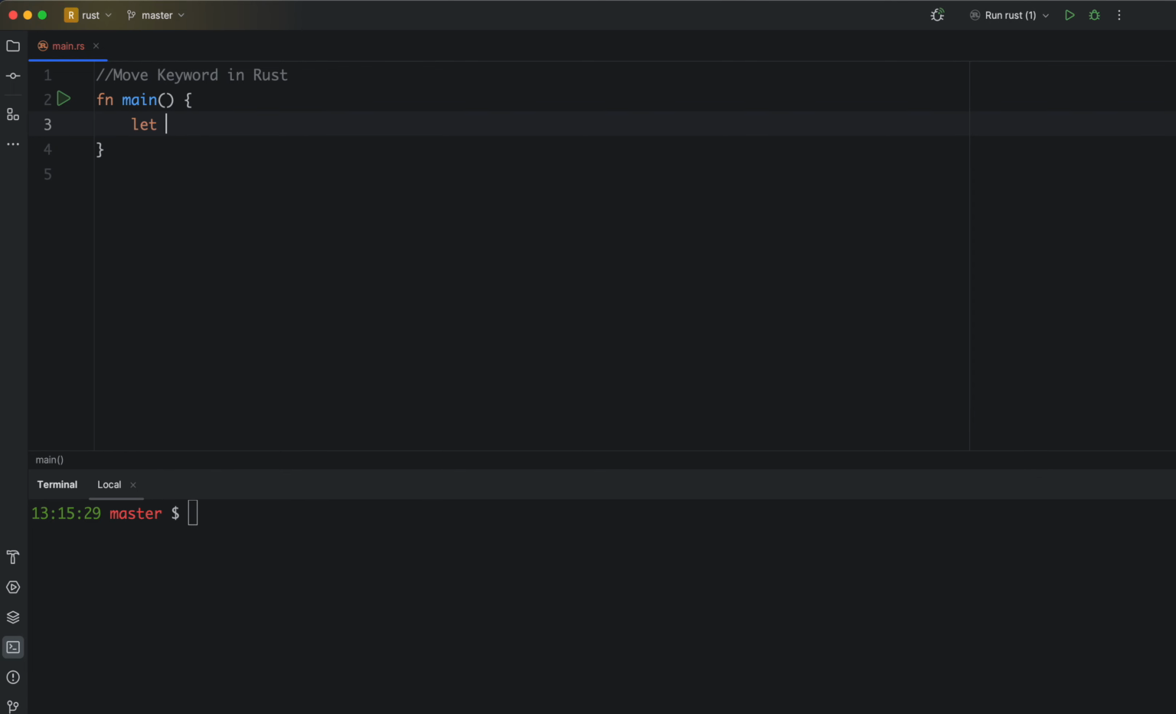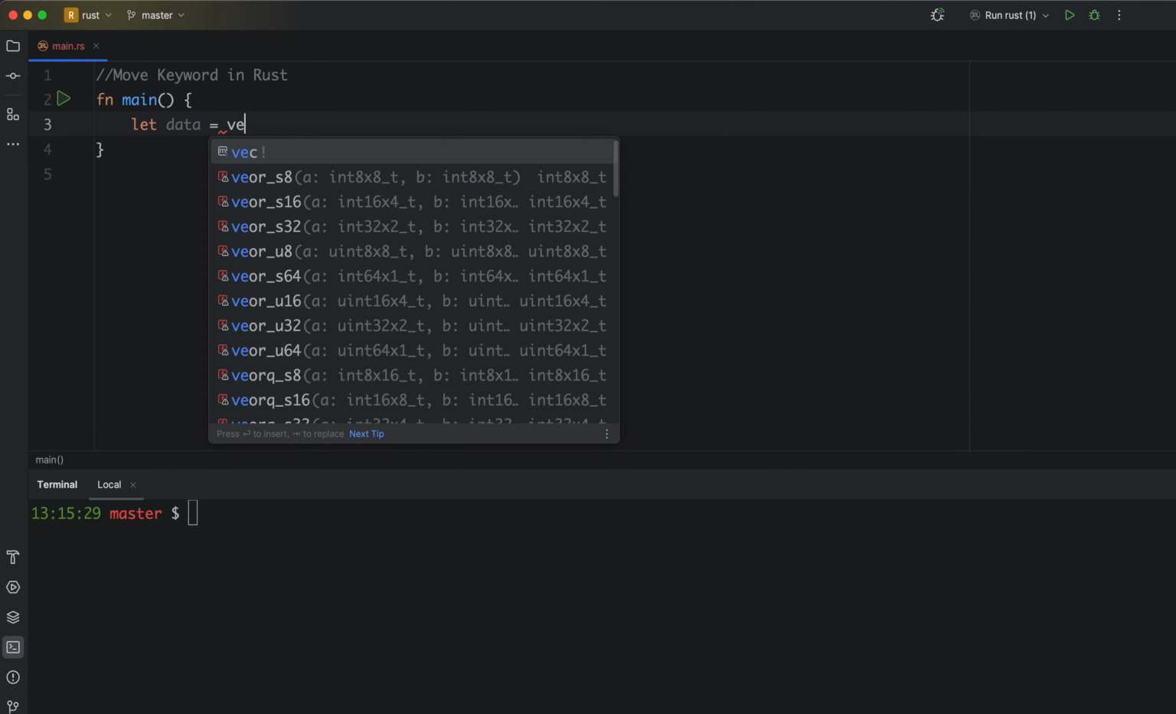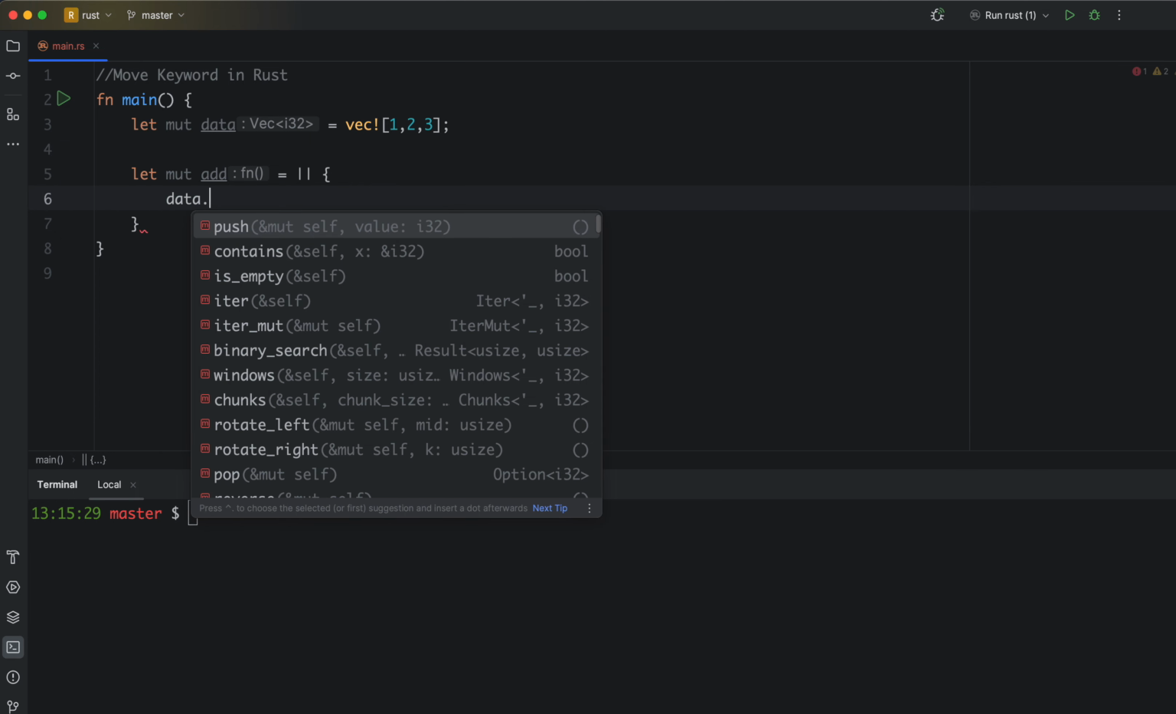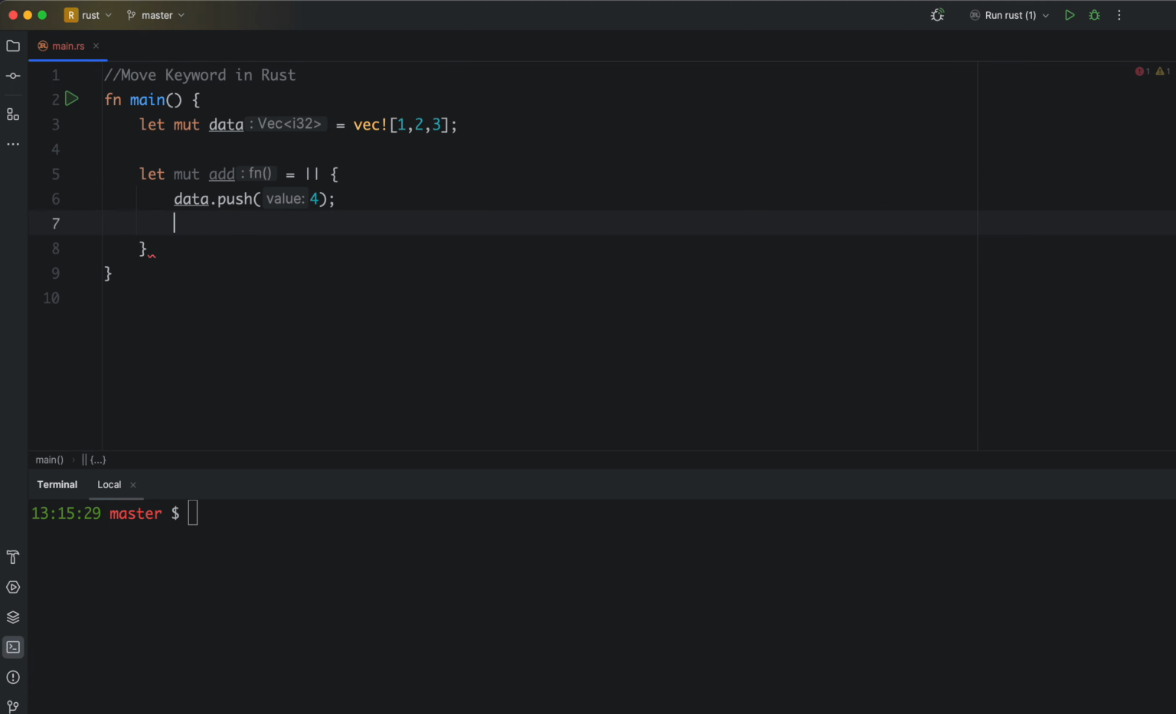Let's say we have a vector, data vec, and we initialize it with 1 2 3. After that, let's create a closure which is add. Let's make our vector mutable because we want to change it, and the closure mutable because we want to make a change in this. We give no arguments to our closure because we know that a closure can capture variables from the environment as well. So we'll just use data here as it is, data dot push 4, and then let's print